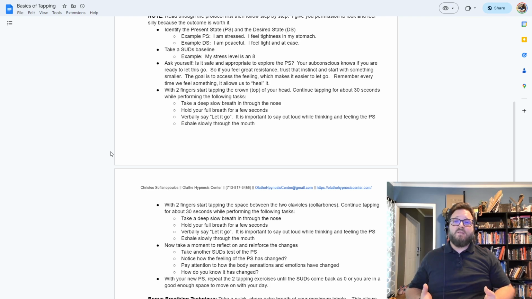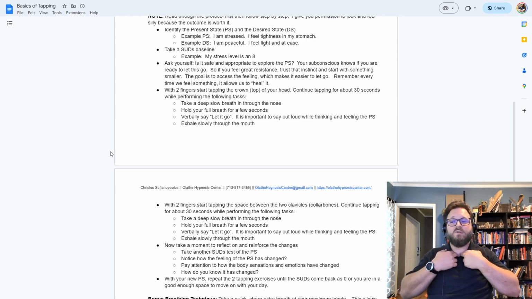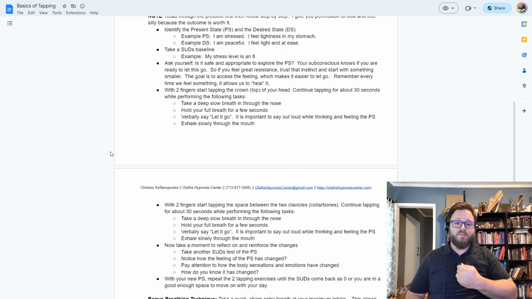And at the end of that, we're going to switch to the place of the clavicles. So there's a little notch, you can kind of feel it. And this is the throat region. Some people are a little bit more sensitive here, so you can go a little bit lighter on the tapping, or you can kind of move up a little. They're called meridian lines, so it's just where on the line you want to access it. We typically like about this spot right here. It's kind of that little notch area. So the same process, tap right here, breathe in, nice and slow.